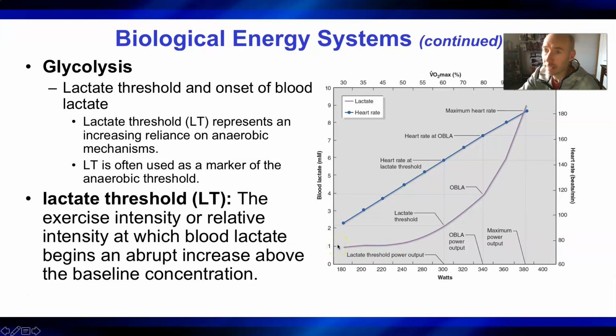Okay, so we can exercise at a light intensity and not see much accumulation of lactate. But as exercise intensity continues to increase, now we start to see this increasing concentration of lactic acid. Okay, it starts to go up, right? And that's because low intensity exercise, we can use our oxidative system. But moderate to high intensity exercise is going to rely more on the anaerobic energy systems or glycolysis, leading to, you got it, the production of lactate, right? So again, as exercise intensity increases, lactate is going to start to accumulate,